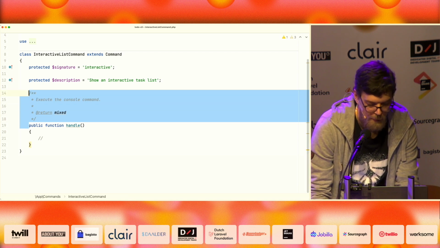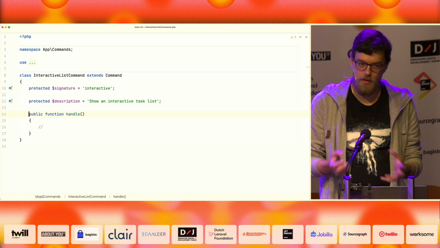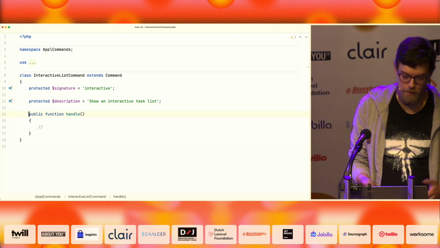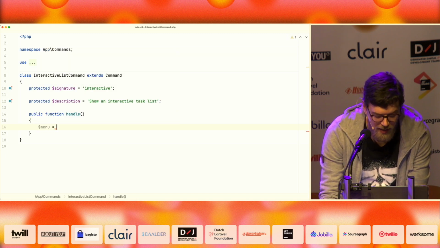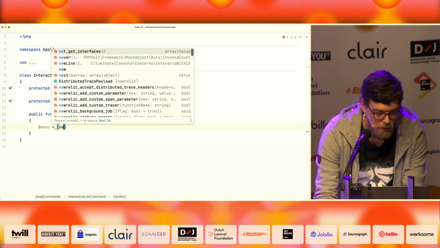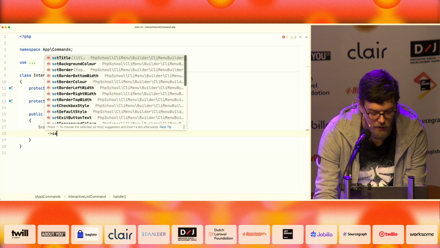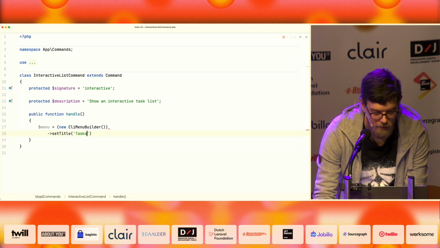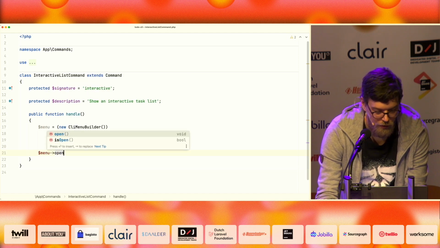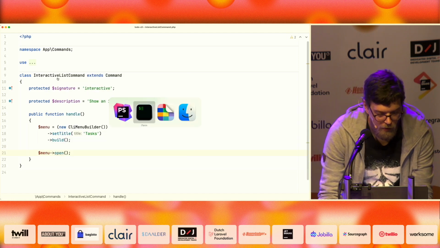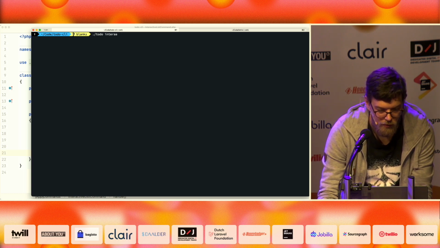All right, so Laravel ships with a bundle of dependencies that you can install optionally. One of those is called CLI menu, and the name is a bit confusing, and I'll show you why. We can create a new menu using the CLI menu builder, give it a title, let's say tasks, then build the menu, and then open up the menu. Now if I run this command using todo interactive,